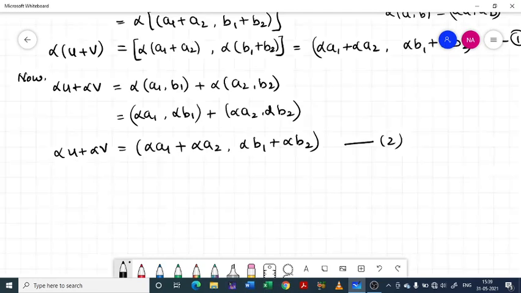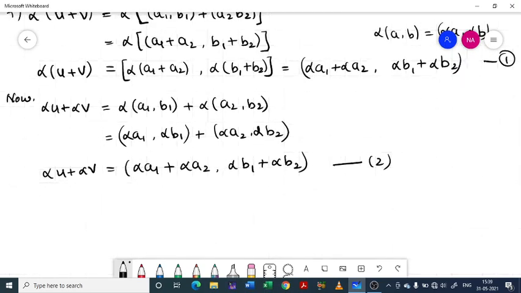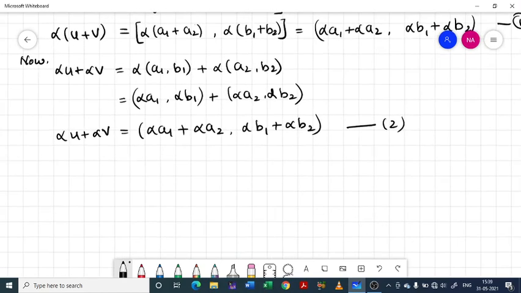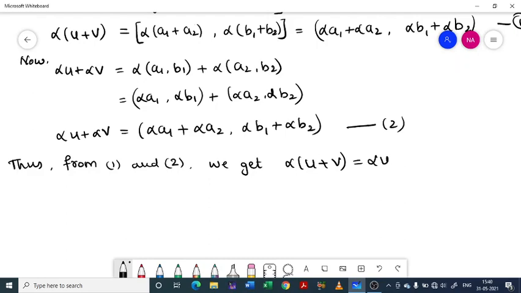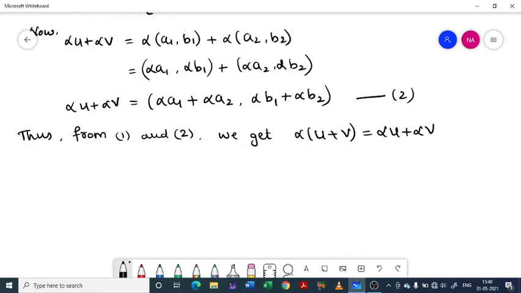Now you can compare equation 1 and 2. The right hand sides are same, so corresponding left hand sides must be same. Thus from 1 and 2 we get alpha times of U plus V equal to alpha U plus alpha V. So this proves scalar multiplication is distributive over vector addition. Next, G, we have to prove